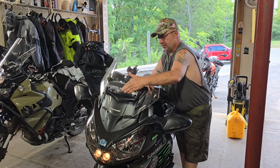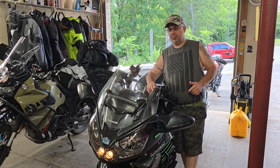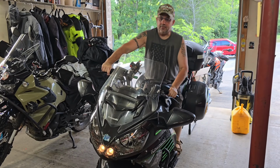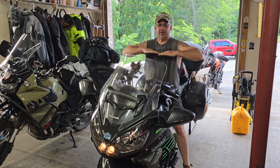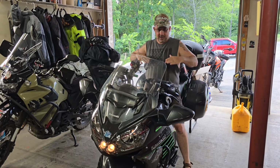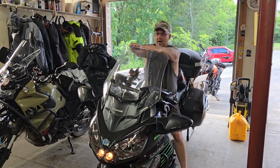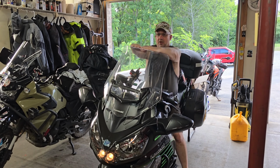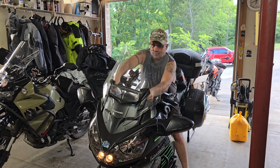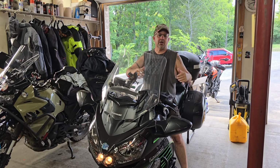By opening this in the low position, that's not a concern because the windshield's low enough that when you're sitting on the bike, the windshield is essentially down at around, on me, I'm 5'8", nipple height. If I run my windshield up to the top, it's about somewhere around mouth, chin height. So I can reach up and click that open, relieve that negative pressure, and